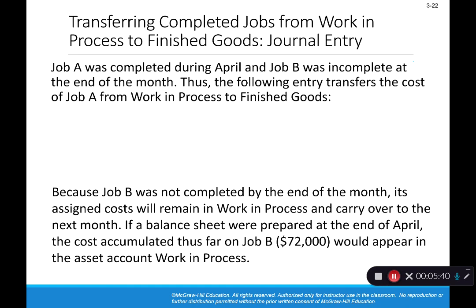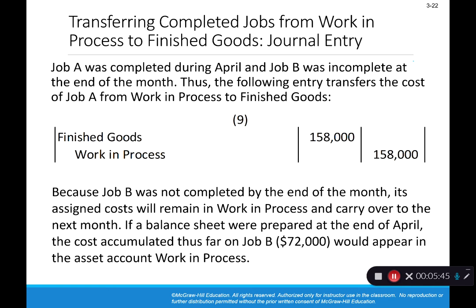Thus, the following entry transfers the cost of job A from WIP to finished goods. So we would need to look at our job cost sheet to figure out the total cost associated with job A. It would have to be given to us in the problem. Here it's just assumed that it's $158,000, but for you to do the actual journal entry, you would need to know that amount and be given that amount. So the direct materials, direct labor, and overhead costs associated with job A are $158,000. So we debit finished goods for that amount to add it to finished goods, and we credit WIP to take